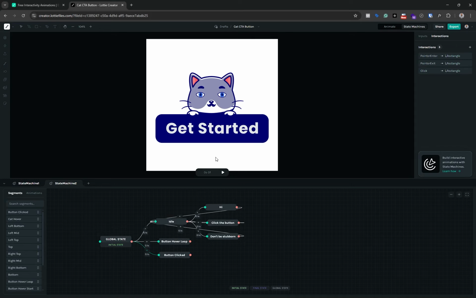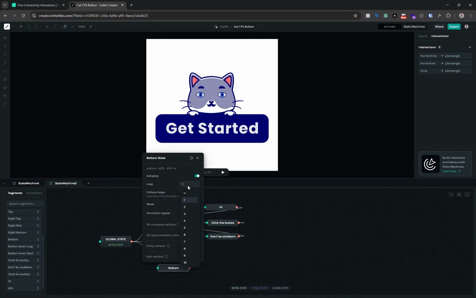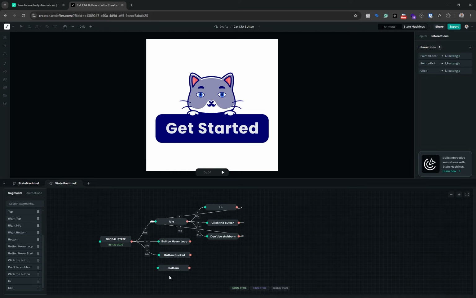So let me just configure a few other, let me do the pointer control so you see how it works. So let's try for the bottom. I'm going to find the bottom section. I think this is it right here. Bring it onto my canvas. So this is the section right here. I'm going to loop it. So I want it to continue looking down once the cursor is hovering in this particular area here. So I'm just going to connect it with the global state, then define my transition,